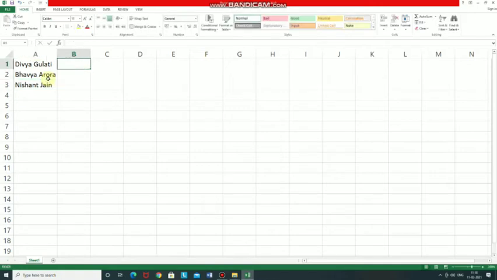Then I can type any number here. See here. Then I can type any formula here. Formula always starts with the equal to sign.